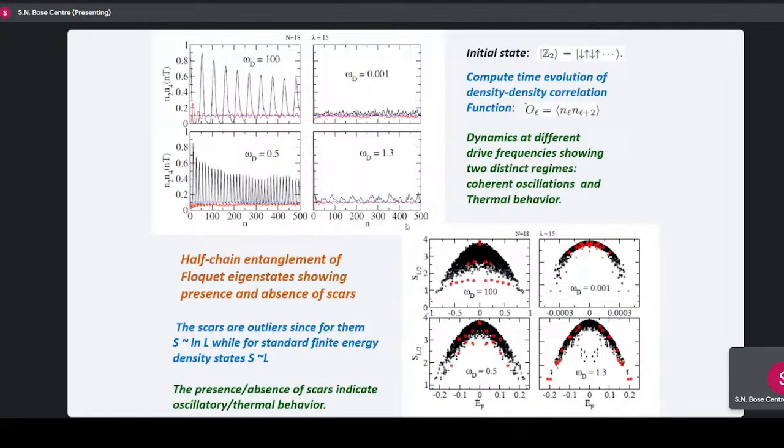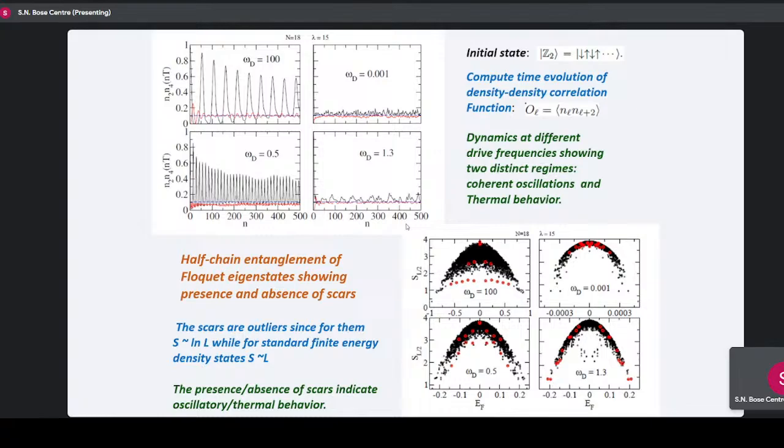So for example, when my frequency is very large, we reproduce this result by Abanin because that's the quench limit. And this is the oscillatory dependence of this correlation function. However, at very small frequency, where none of this perturbation works and the first order Floquet Hamiltonian doesn't have any meaning, you see that there is very rapid thermalization. In between, there are frequencies at which you see signatures of thermalization and other frequencies at which you see this oscillatory behavior. And this behavior is clearly non-monotonic.